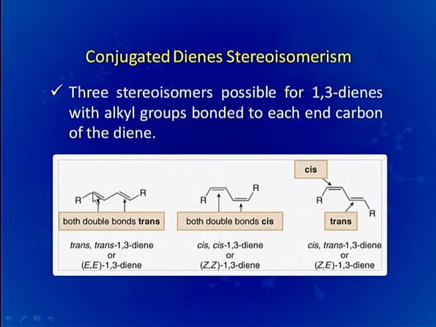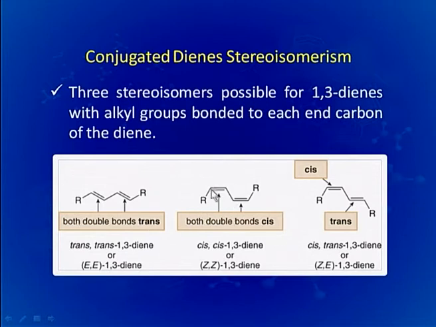Here we can understand that one hydrogen atom will lie in this direction and one hydrogen atom will lie in the opposite direction. So, therefore, the bond will be trans. Now, we will see the second carbon-carbon double bond. The hydrogen atom will lie in this direction and again the hydrogen atom will lie in the opposite direction. So, this carbon-carbon double bond is also trans. So, this compound is known as the trans-trans isomer.